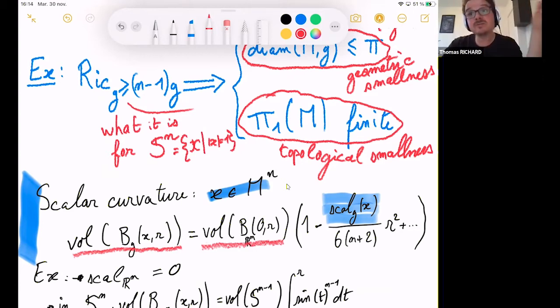And you can try to compute an expansion in terms of the radius, and it will look like that. So at the leading term, the leading term will be just this, the volume of the ball in Euclidean space. And then you will have, I think